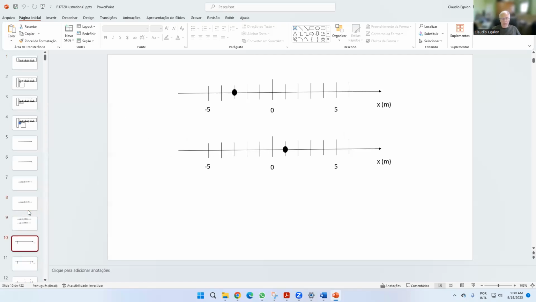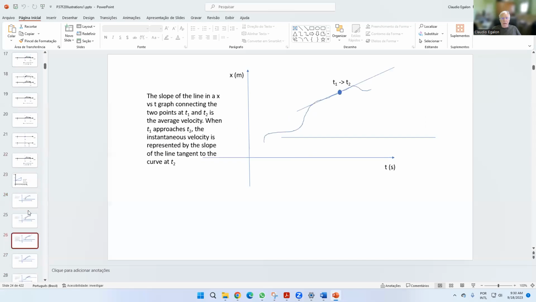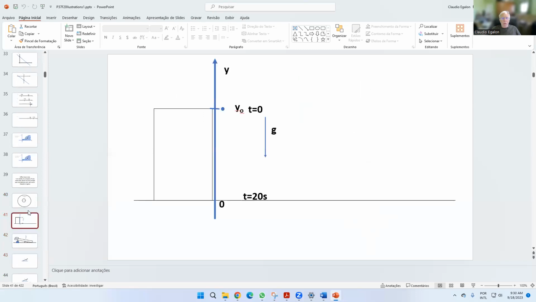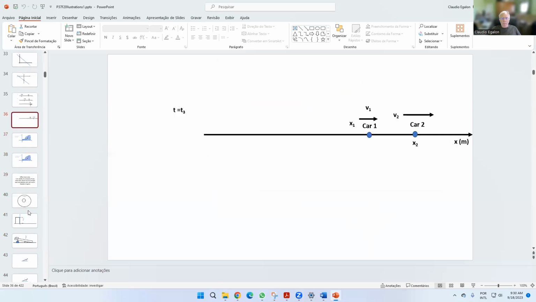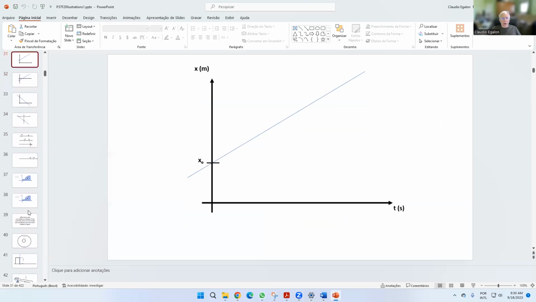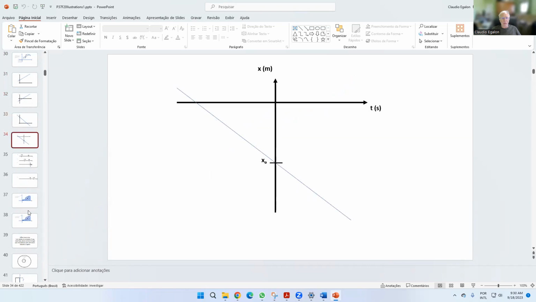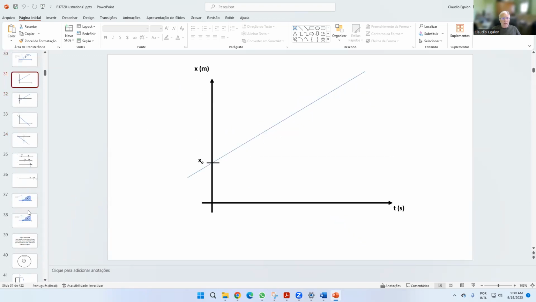And so let's take a look. You already saw those slides, right? You saw those graphs: X versus T for a positive velocity. Positive velocity means that the velocity of the object is along the positive direction, right? We did that before for uniform motion. That's for uniform motion, and I'm going to repeat that, but